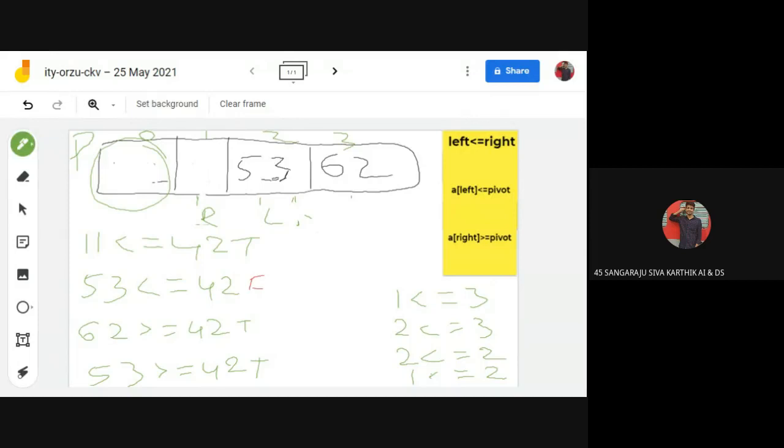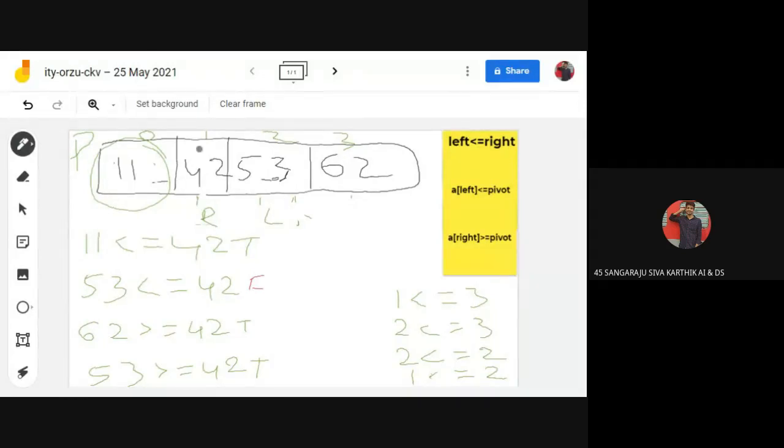We want to change my pivot value and the last right element of the list. So now minus and 42. Now the list has been sorted by this methodology.